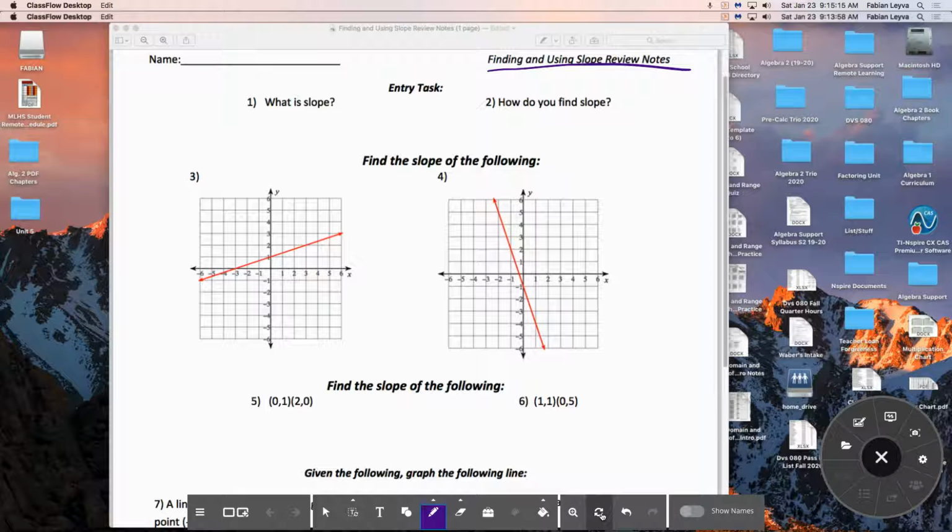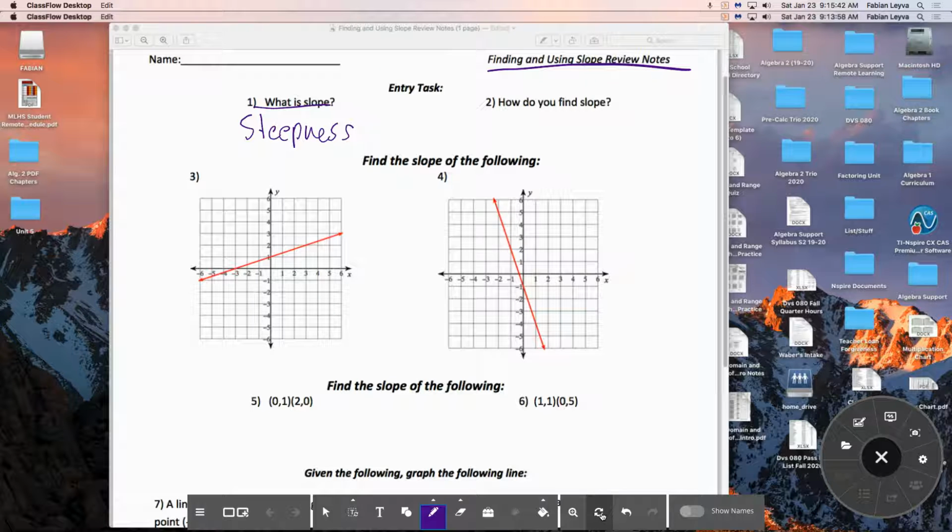All right, so the entry task, which is the first two columns, says, what is slope and how do you find slope? And again, I am asking you this every single day because I want you to know what slope actually is and what you have to do to find it. What is slope? It is literally a way to measure steepness. What I mean by a way is a mathematical way. It's a way to put a numerical value to how steep a line is,